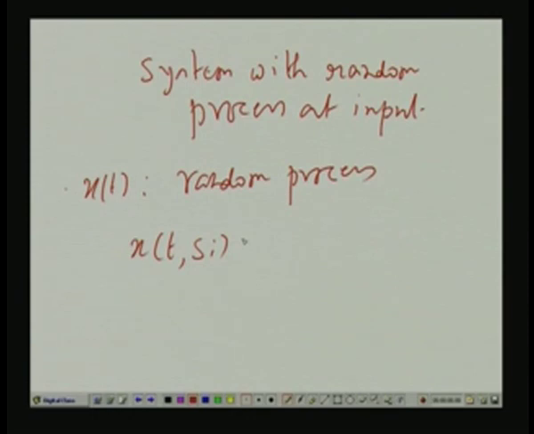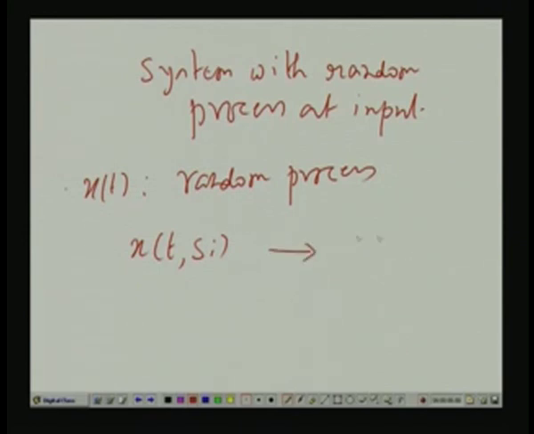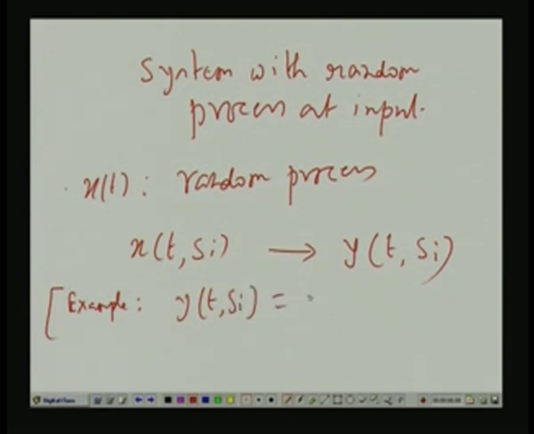outcome, a particular waveform. Now, suppose we have some kind of rule by which, given a particular waveform, we generate another waveform, which we call y, and obviously that waveform also is associated with the ith outcome of the experiment. So, we can write it as y(t, s_i). For example, you can have a very simple rule, say twice x(t, s_i) plus 3,